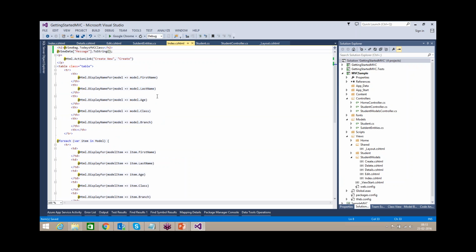The data type is already resolved at runtime, but ViewData stores everything in key and object format, so it cannot be used directly. You need typecasting: whatever type of object you pass to ViewData, you have to convert to the same type in the view. Here I am converting ViewData to string.